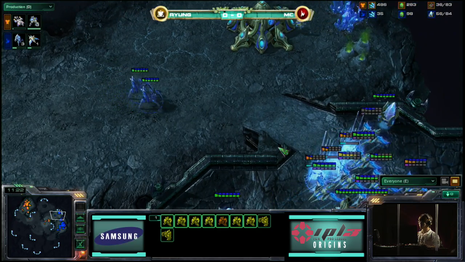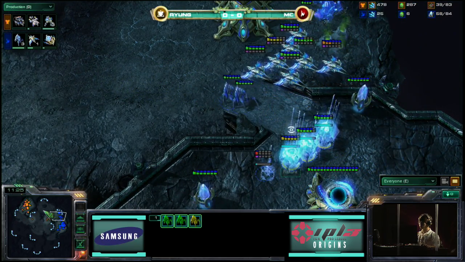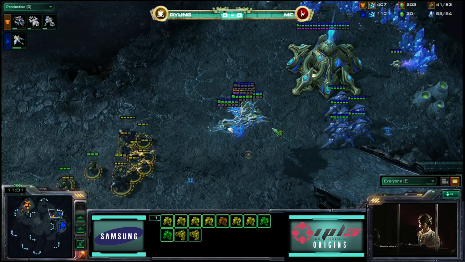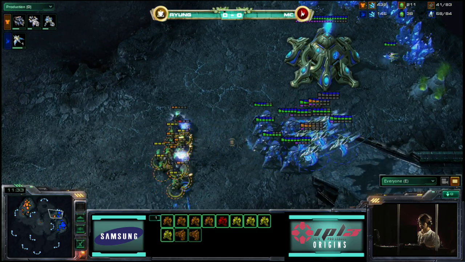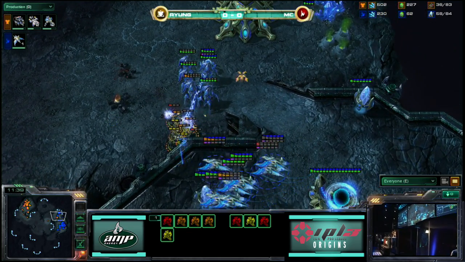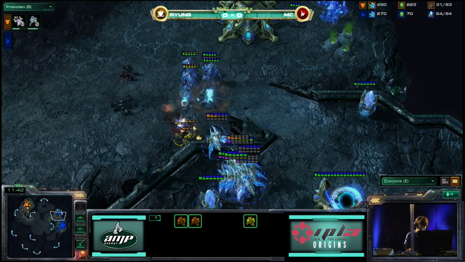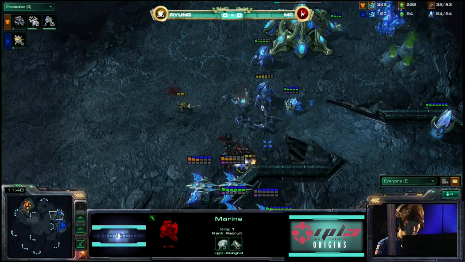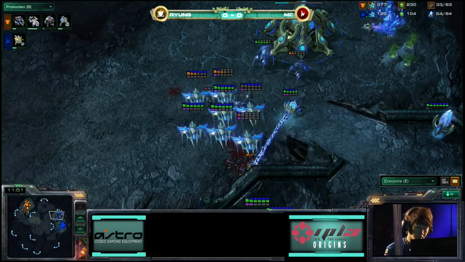Not a whole lot of gateway units left. In fact, he's going to have to warp into his base. The question is, is there enough here that Ryung could effectively attack? Yes, let's target down the Marauders instantly to get rid of this, and he's going to be able to hold on, I think, just about with these very minimal forces, and it looks like MC is going to be able to survive just about. These Phoenixes are going to build energy up, and then he will most definitely stop